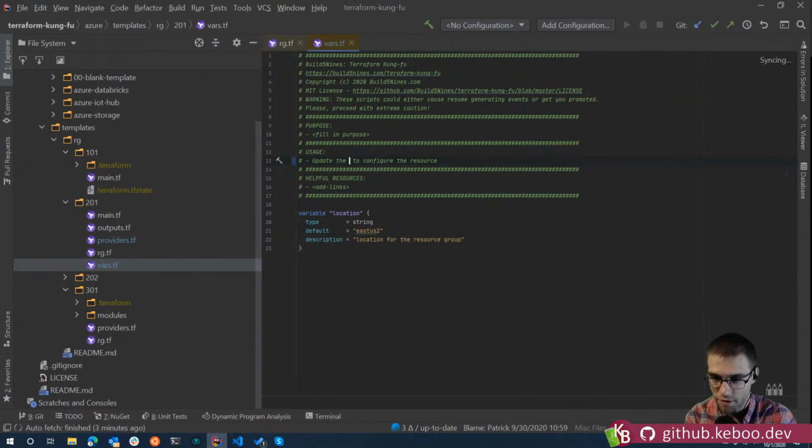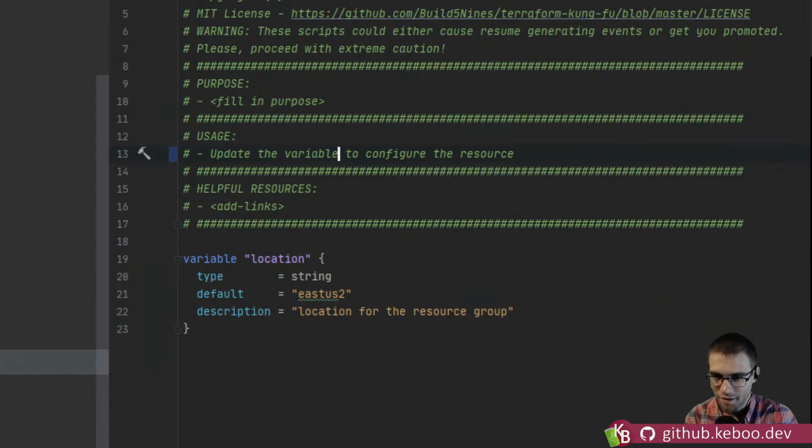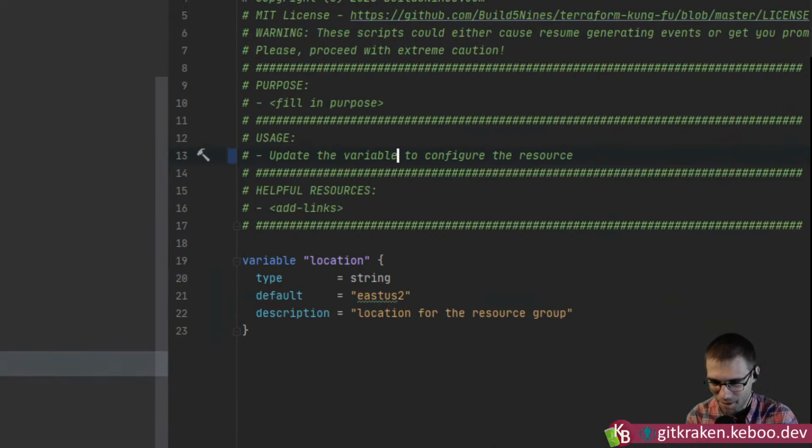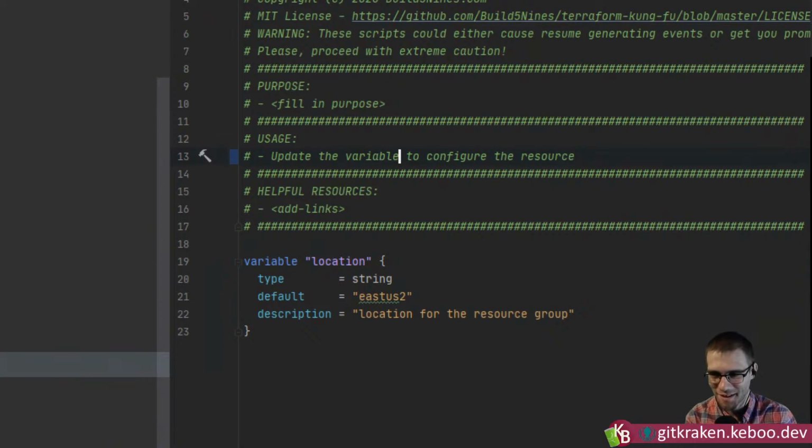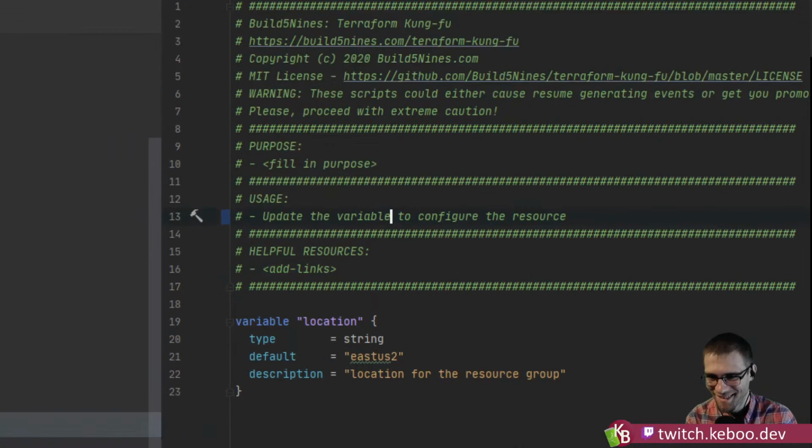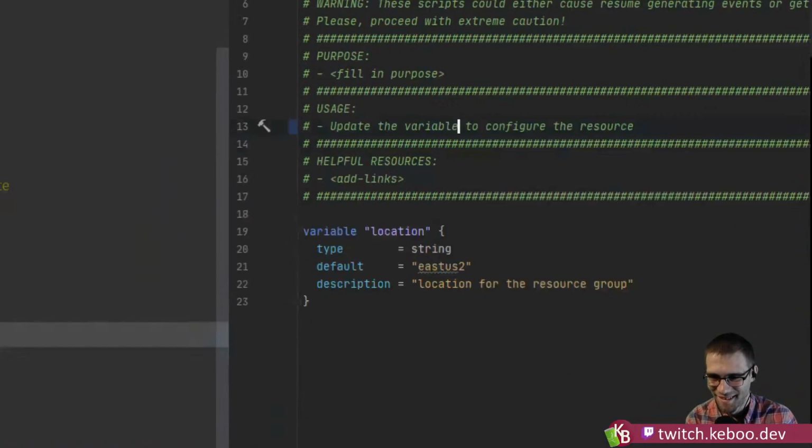So East US. Well, I was messing with you there because it said local variable in that file. I think you were reading. It was supposed to say update the variable to configure. It said local and space variable, right? Yeah, we're gonna call that a copy and paste error. It definitely makes us sound better. Well, yeah, we haven't PR'd this stuff yet, right? So that's just the MIT license and stuff up there.